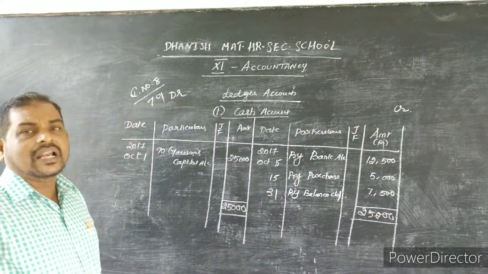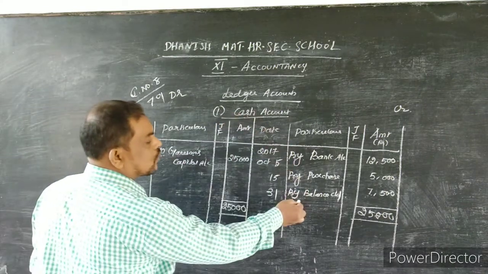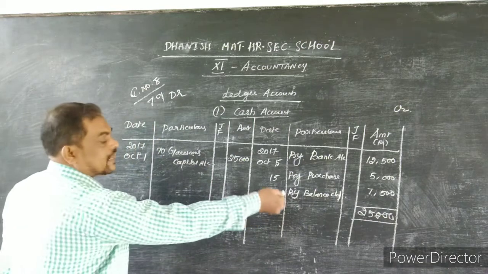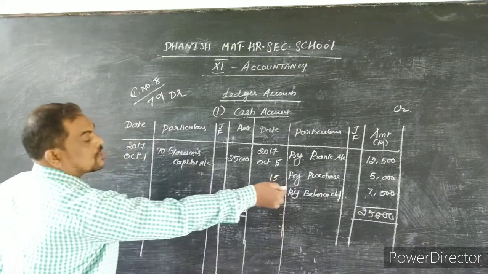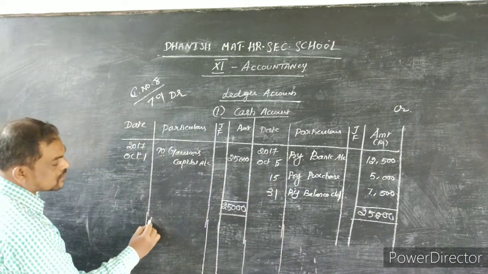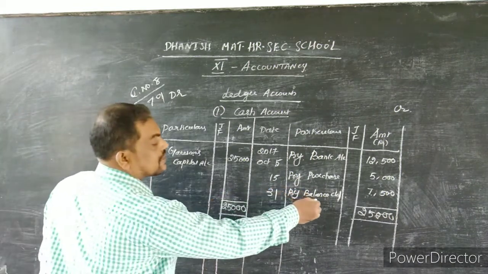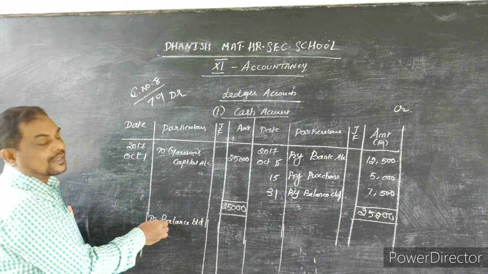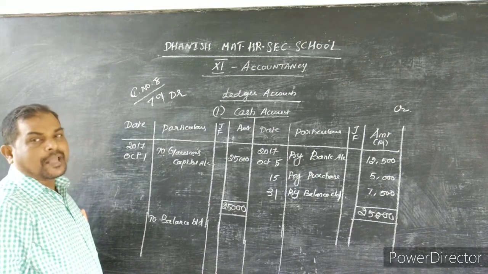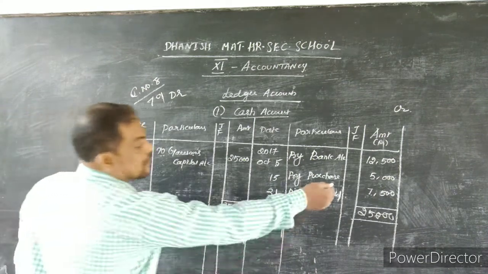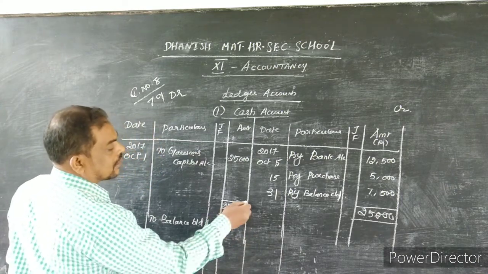So usually all the ledger accounts' closing balances will become the opening balances. The cash account closing balance has come on the credit side, and now it comes on the debit side. So this is the rule. The closing balance always comes as the opening balance, to balance brought down. This closing balance will come as the next month's opening balance. The closing balance is named balance carried down; the opening balance is named balance brought down. What is the balance? 7,500. This 7,500 is shown next to the total amount.